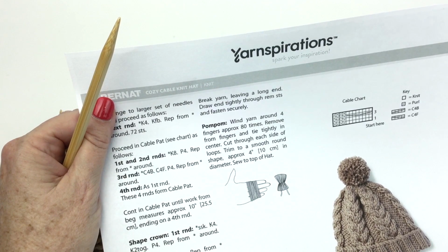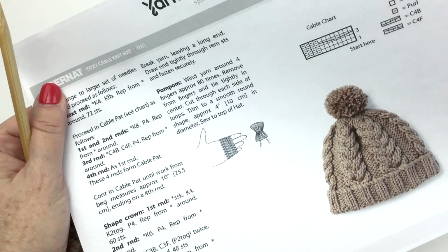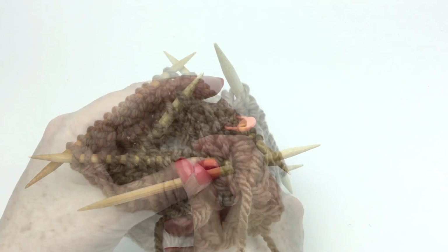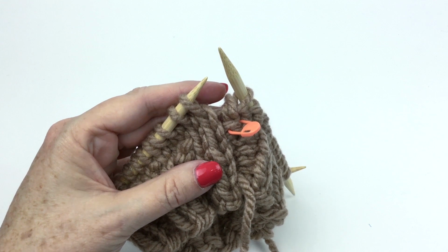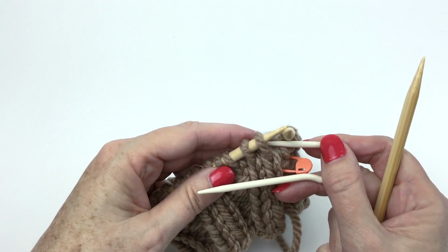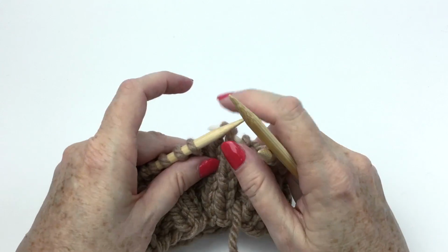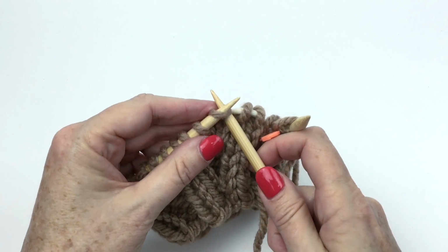So we have these abbreviations that are C4B and C4F. That's cable 4 back and cable 4 front, and we have those instructions written out for you on the very first page of the pattern. Okay, so this round begins with C4B, which is cable 4 back. I'm going to slip the next 2 stitches onto the cable needle, and leave in the back of the work. That's what the B stands for in C4B. Then I'm going to knit the next 2 stitches,